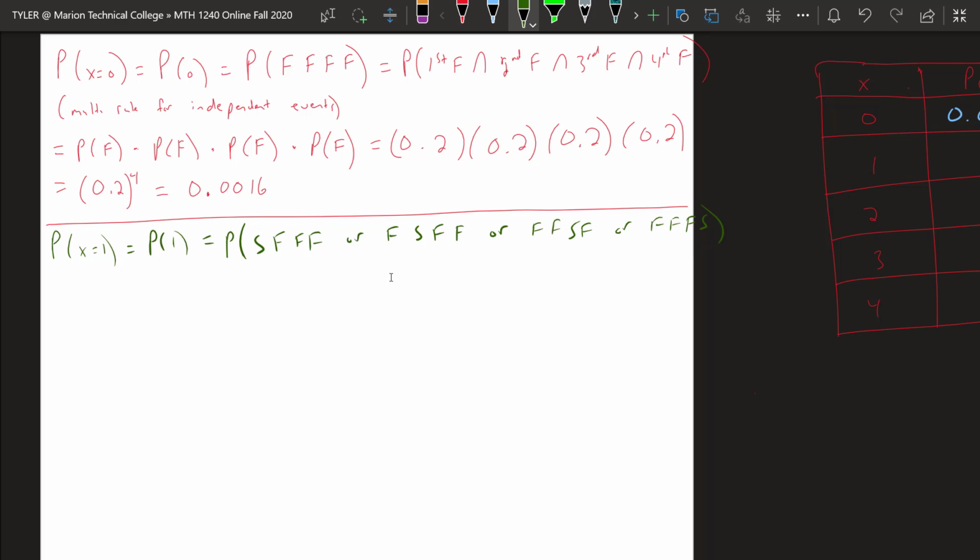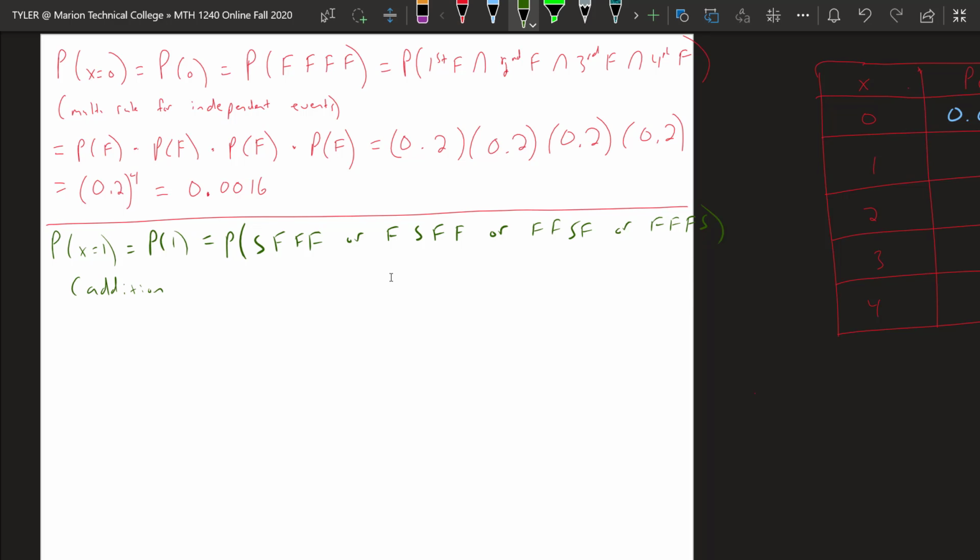Either the first plane was on time, the second plane was on time, the third plane was on time, or the fourth plane was on time. Right, if we want just one plane on time. So then these would be disjoint or mutually exclusive events, right? So we could use the addition rule here,